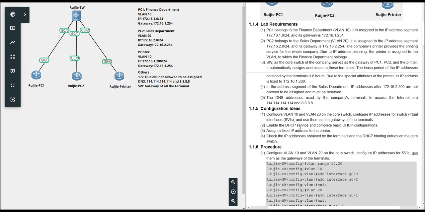And we have to enable the DHCP server and complete the basic configuration also on the switch. And we have to assign a fixed IP address to the printer. This part also belongs to the configuration of DHCP. And the last one, we have to check the IP address obtained by the terminals in the DHCP binding entries on the core switch. So there are 4 steps.